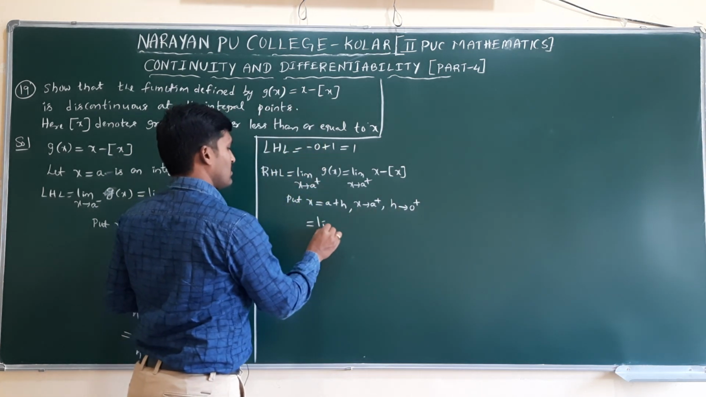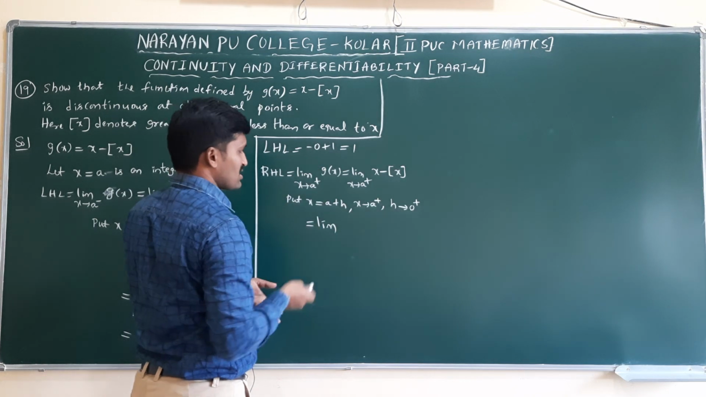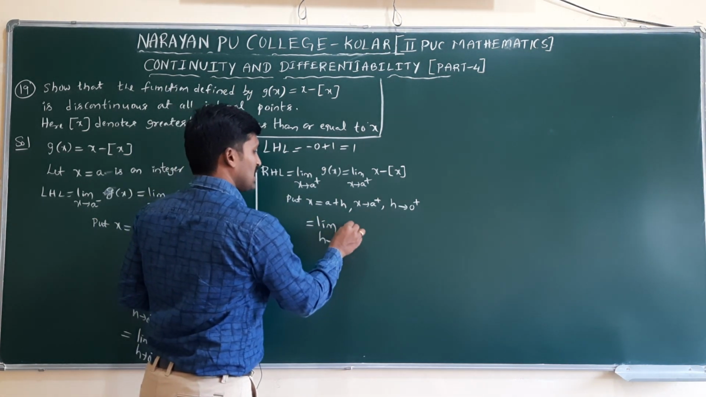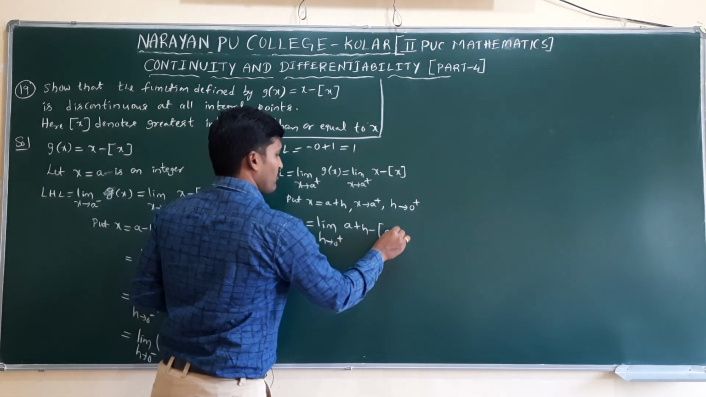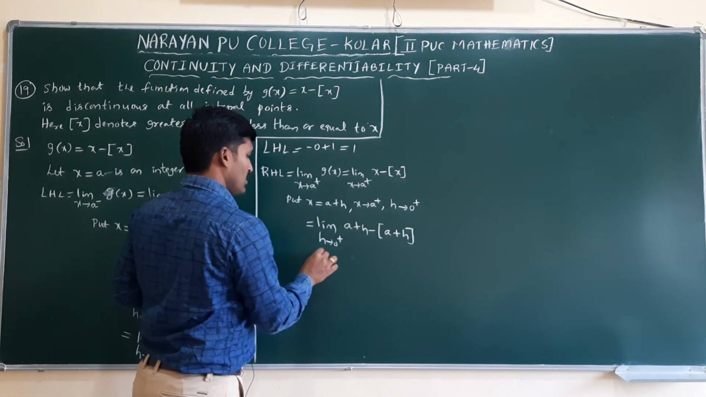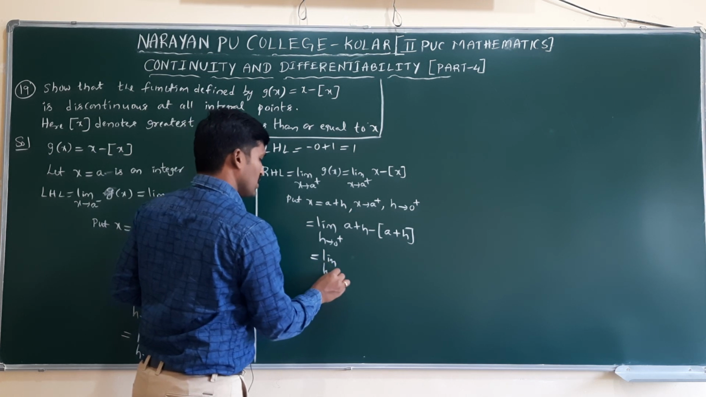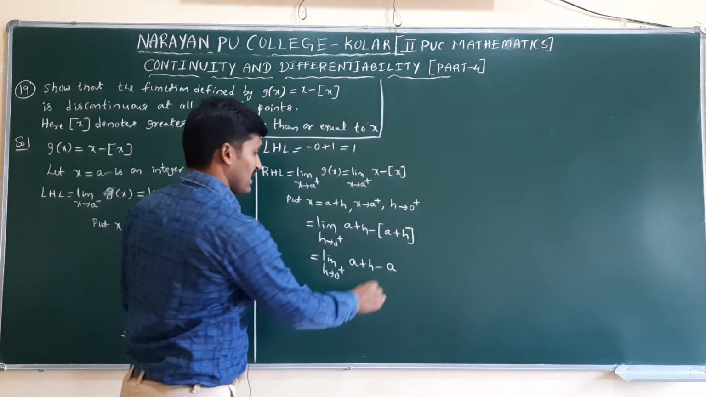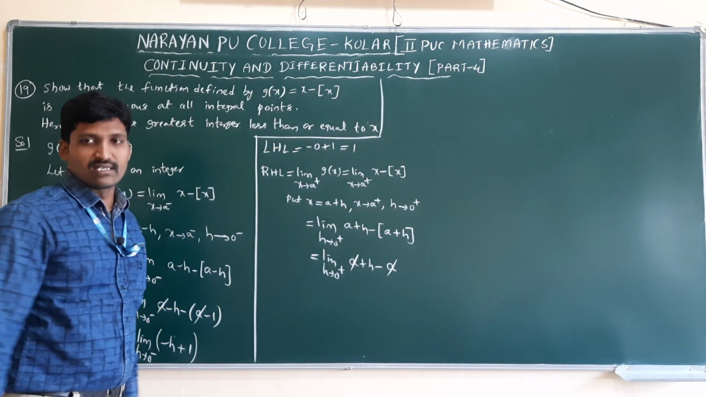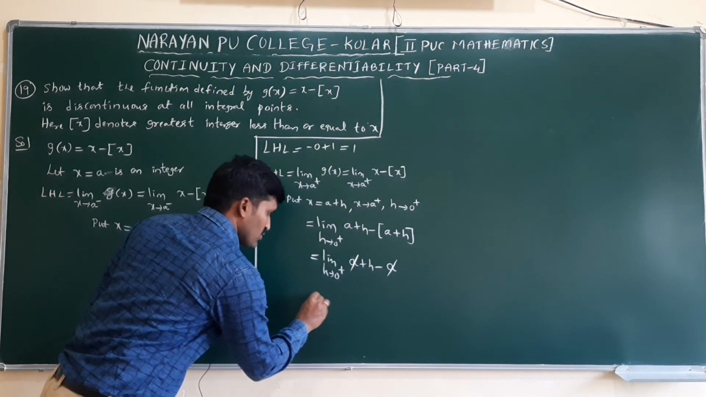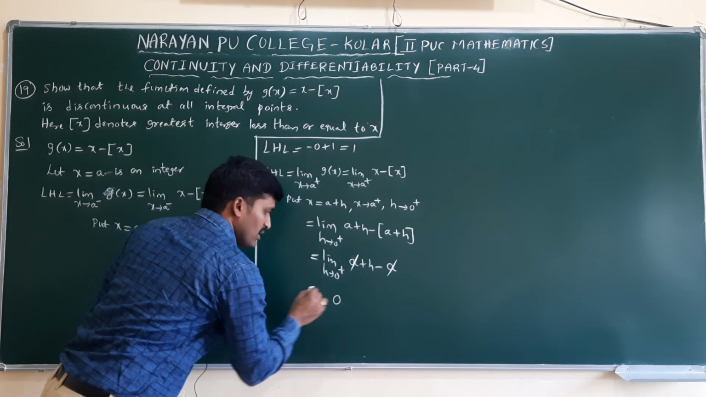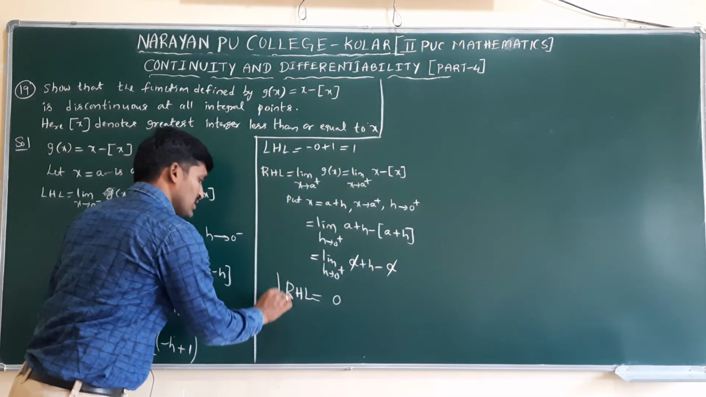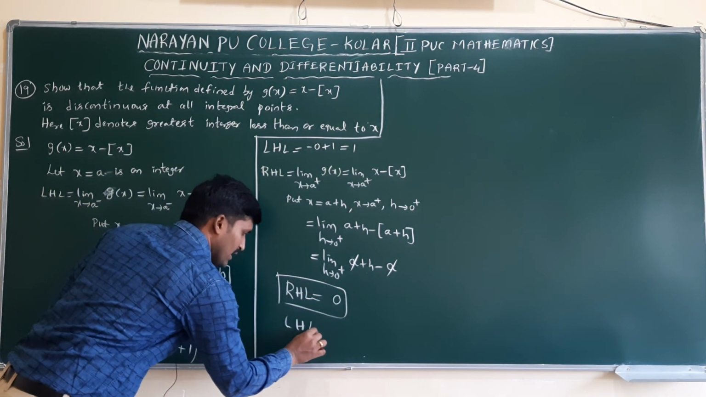So changing the limit and changing the function also in terms of h: limit h tends to 0 plus, x value is a plus h, [a plus h]. Now limit h tends to 0 plus of a plus h minus [a plus h], where [a plus h] is always a, for a is an integer. Now here a cancels. If you substitute the limit, what is left is h only. The h value is 0. Here what happened? LHL value is 1 but RHL value is 0. That's why LHL is not equal to